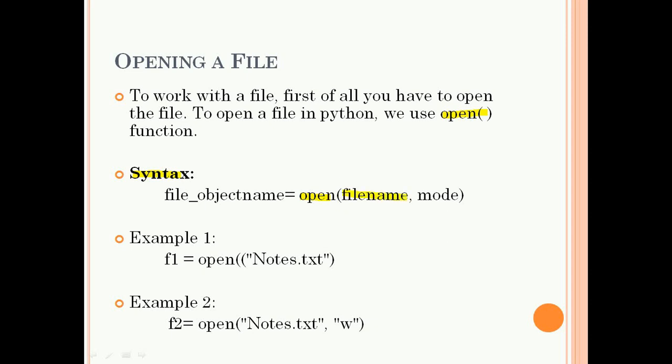If the location of the file is the same as the current working directory, that means you do not need to write the path name. You may write only the file name. Otherwise, you have to mention the path of the file. You may use an absolute path or a relative path. Later on, I shall discuss absolute path and relative path.